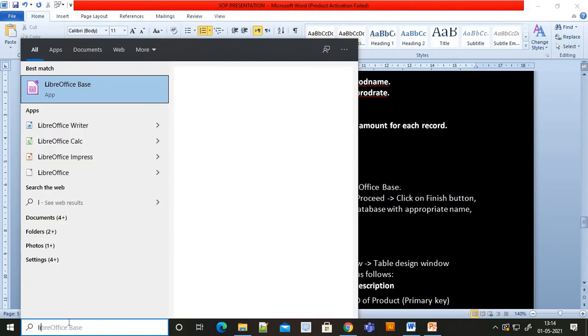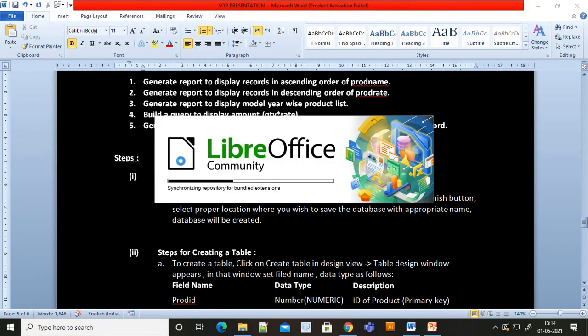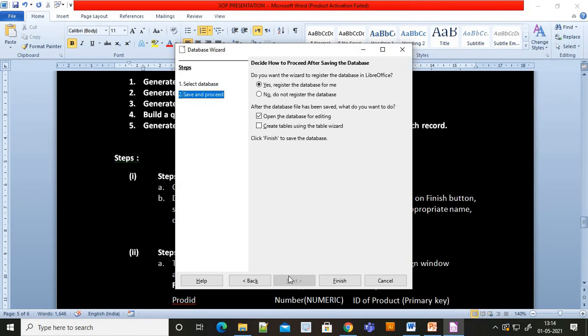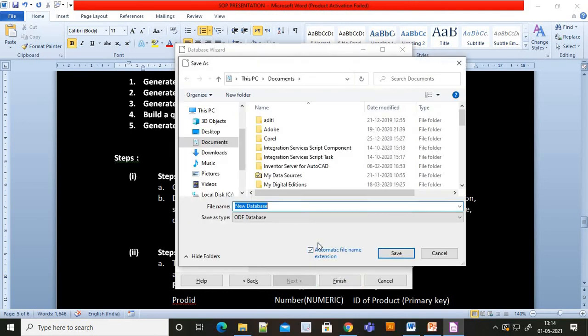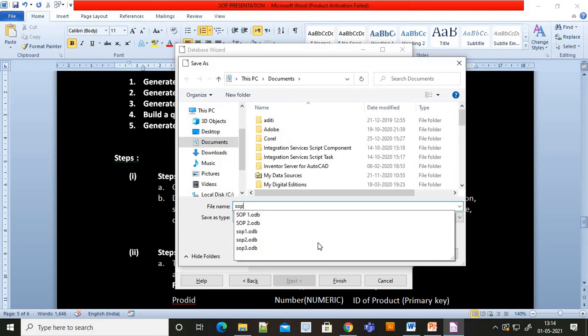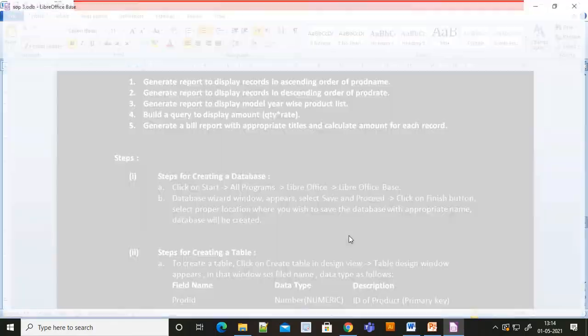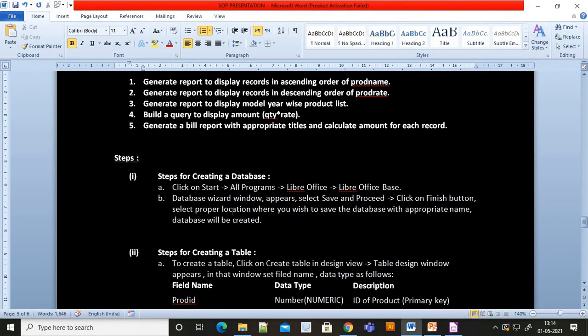So I am going into my LibreOffice Base, creating a database by the name SOP3. So my database has been created.